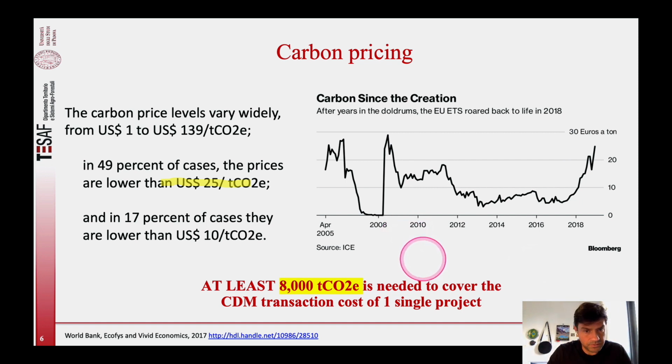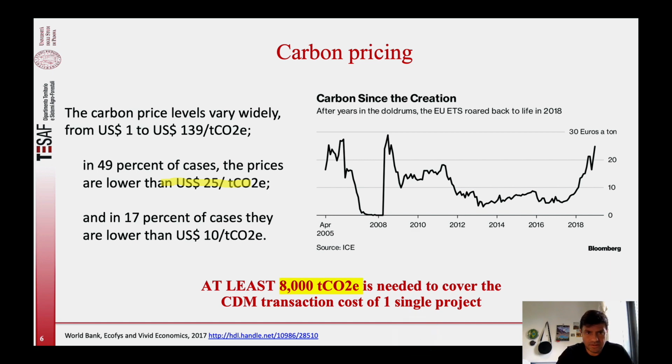on the economic context. But just to have an idea how much the transaction cost means in terms of CO2 equivalent. If you go through the history of carbon pricing, you're going to see that it's very difficult to achieve this price. But let's consider $25 per ton of CO2 equivalent. So making the accountability, we'll need at least 8,000 tons of carbon to cover the costs, the transaction costs, just to pay